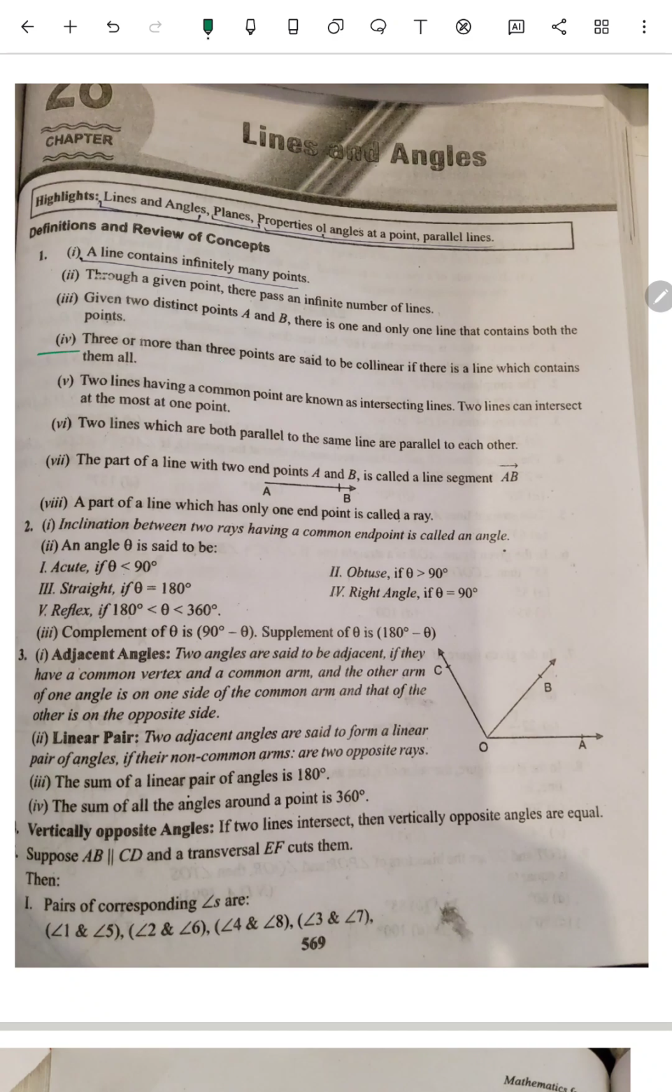Third one, three or more points are said to be collinear if there is a line which contains them all. तीन या तीन से ज़्यादा पॉइंट कोलिनियर जब कहलाएंगे जब वो एक ही लाइन में कंटेन होते हों, एक ही